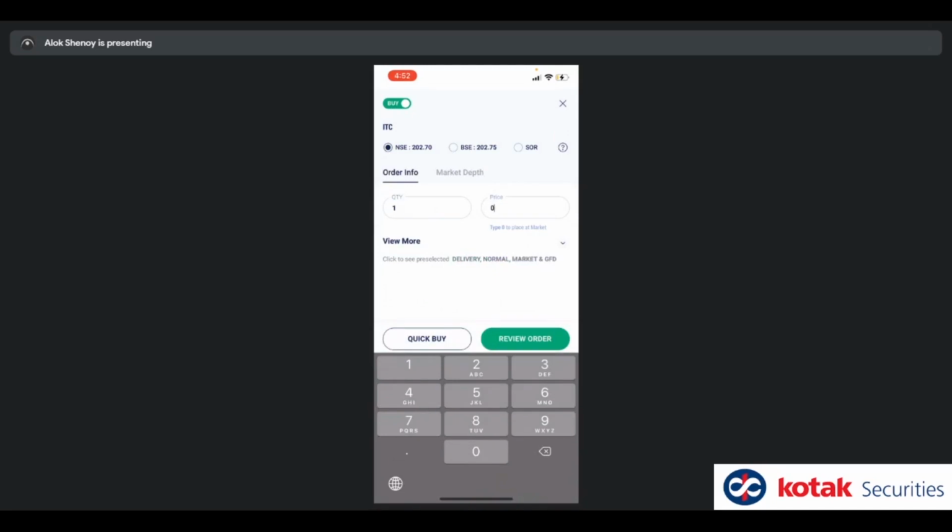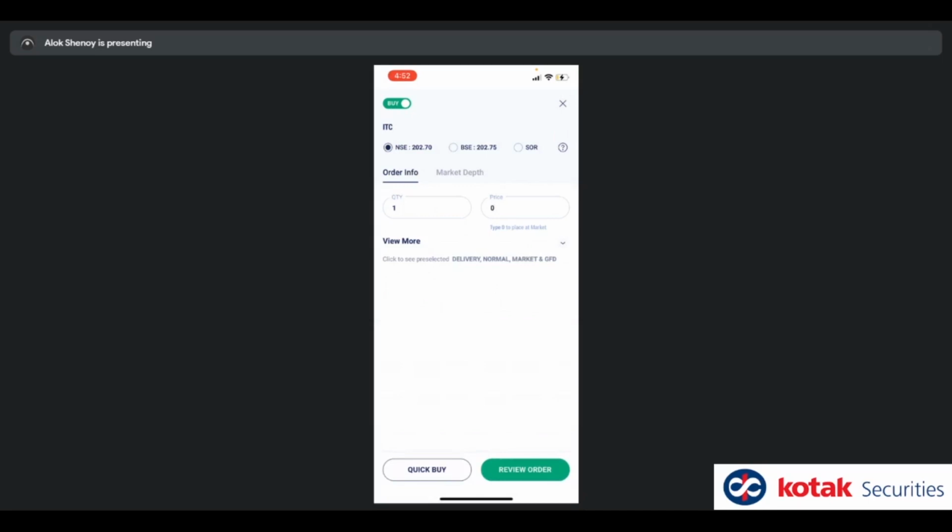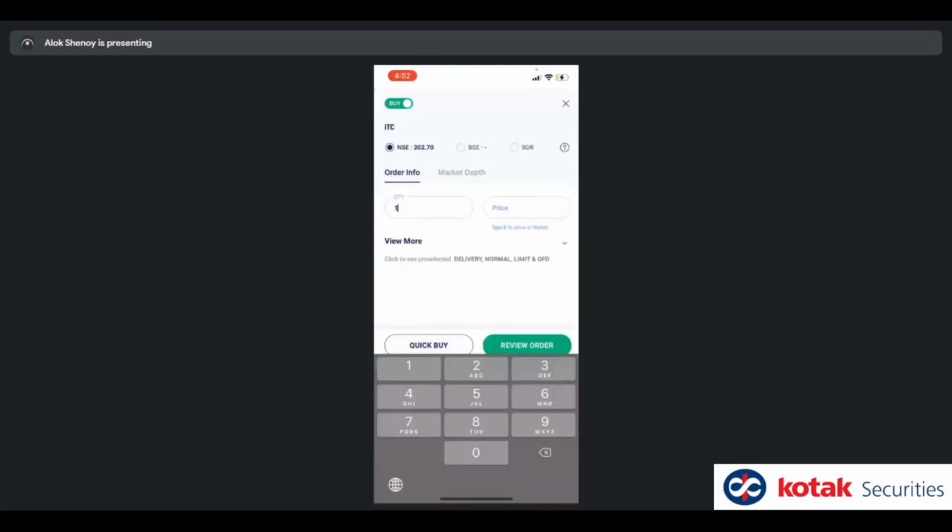All right. Now this looks like a very reduced form, right? I mean, it's not giving you all the options you want. A lot of traders would prefer to have a lot of options, but a few people who are investors, novices, would prefer to have fewer options. So we're saying that we have by default selected delivery, normal, market, GFD, for example, यहाँ पे, because I've typed in 0. I'm going to cross this. I'm going to go again so that the price gets pre-populated. You can see it's now delivery, normal, limit, and GFD.